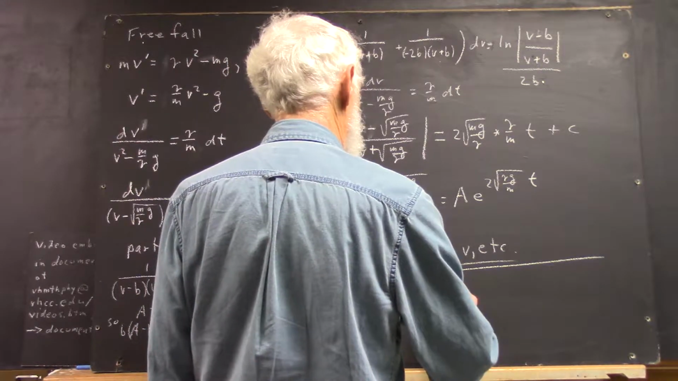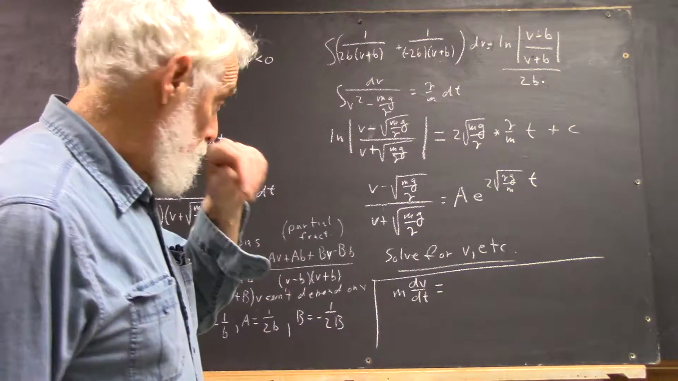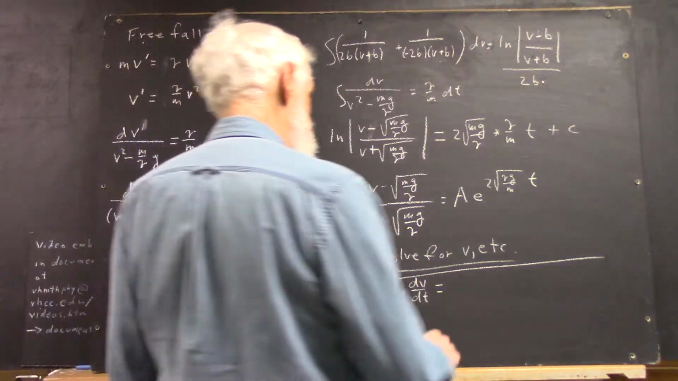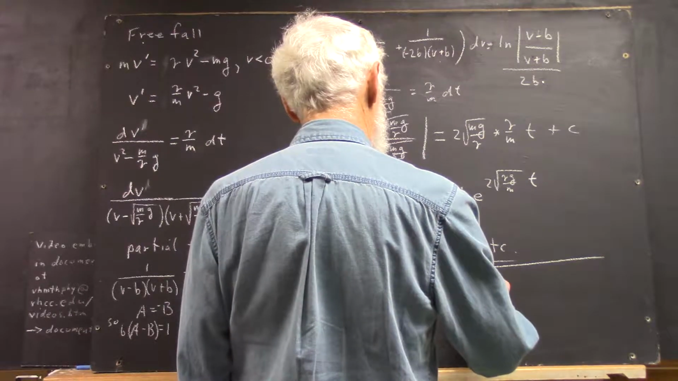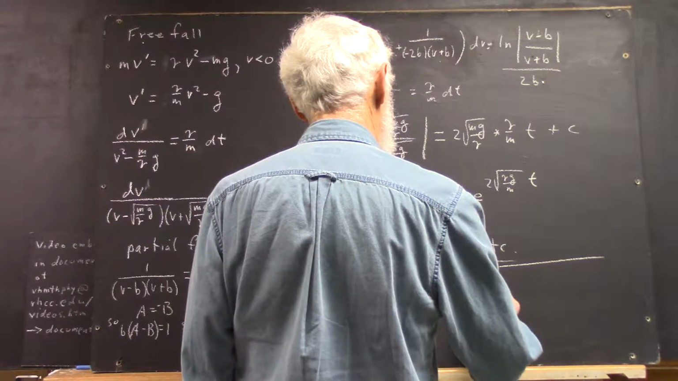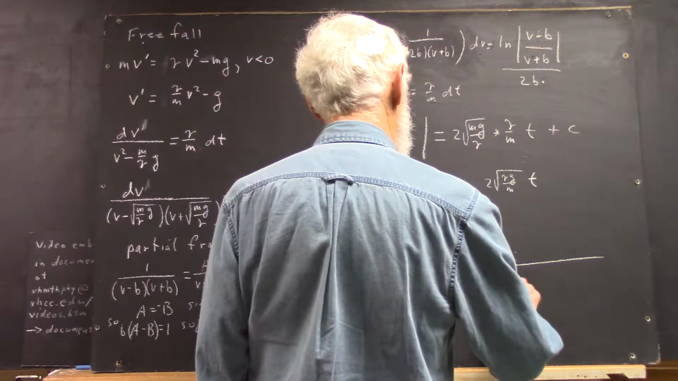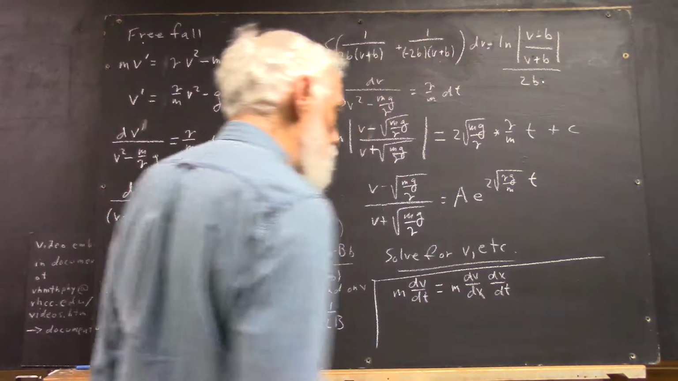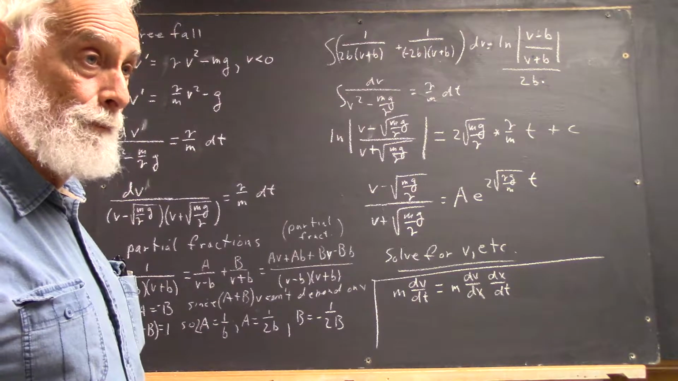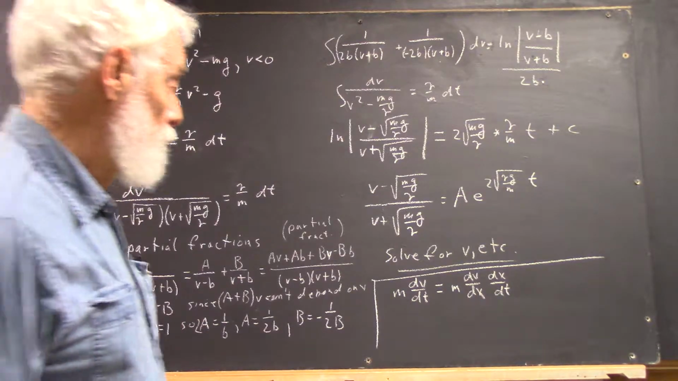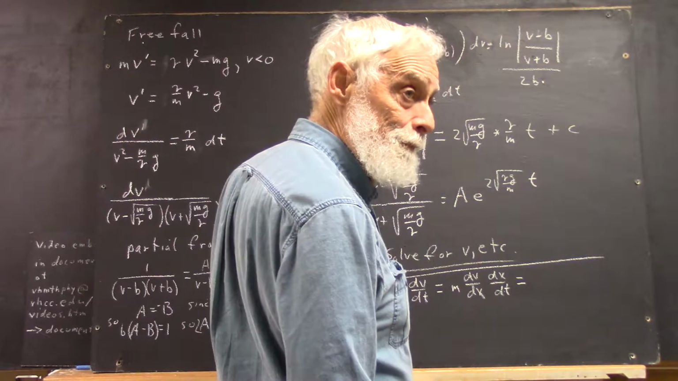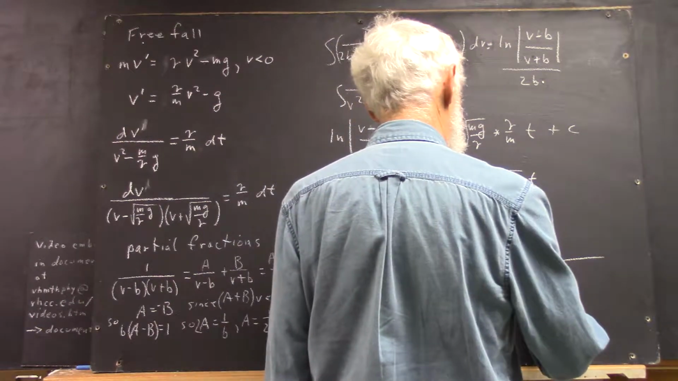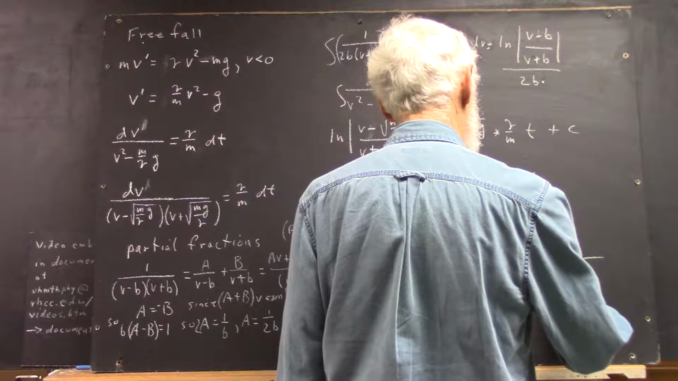The thing we asked to work out for today: m dv/dt equals m dv/dx times dx/dt, right? Chain rule. Very straightforward. What good is that? Well, dx/dt is just v, right? So this is m v